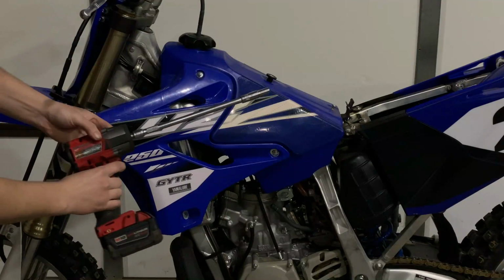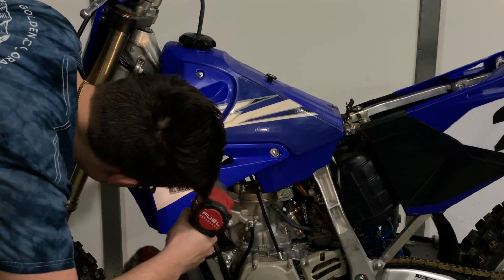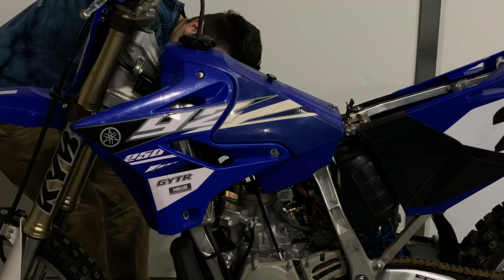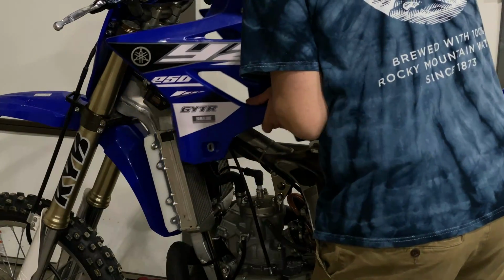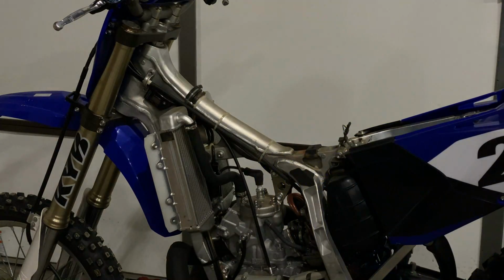And then I like to use an extension to get in here to this gas tank bolt. Don't forget that rubber strap that you just see me pull right there on the back of the tank. Pull that tank off after you disconnect the fuel line, obviously, and now we are going to pull the whole